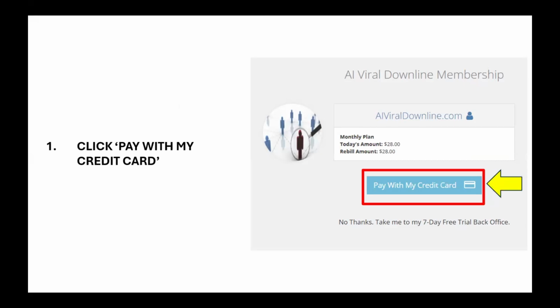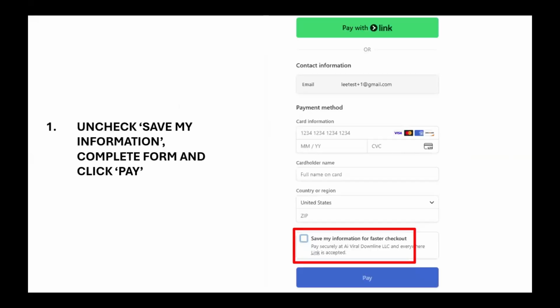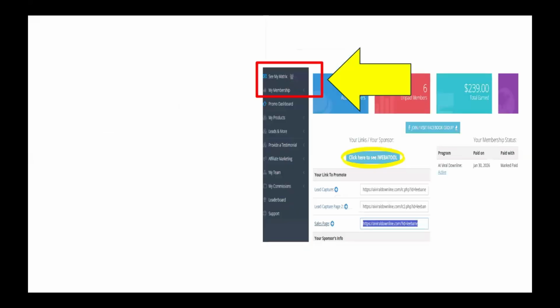You'll see that. So you're going to pay with your credit card again, and then you're going to go ahead and uncheck save the information. You're going to click on pay. And then what you want to do is log out after you pay for that account. You're going to log out like you did before, and then you're going to go to